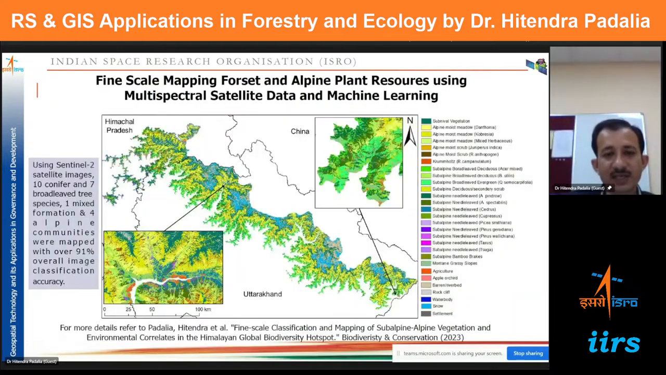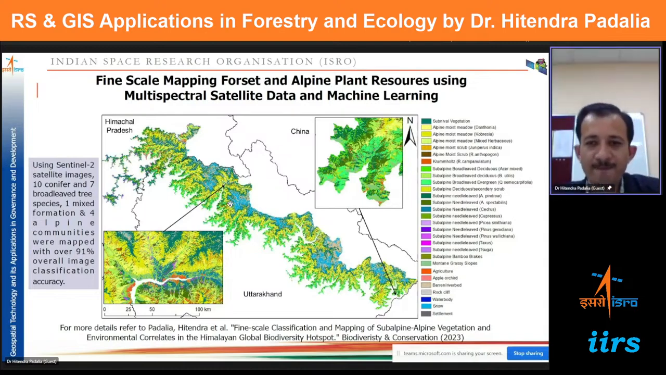And this is another example. Nowadays you have high resolution satellite data like Sentinel 10-meter data. So you have scope for improving the vegetation type map up to a community map, or sometimes even a species map, where the species occurs gregariously. This is an example of Western Himalaya where machine learning has been used to generate a wall-to-wall map of the subalpine and alpine. Now you can see from the legend itself that